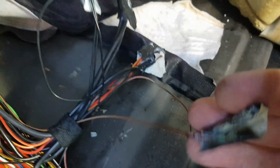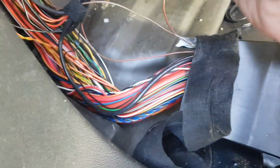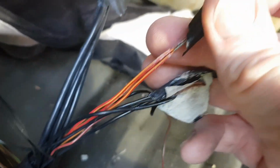Clearly shows that these have not been sealed correctly and that there's moisture getting in. And it's not just that one. It appears to be a similar story on some of these other ones that you can see. So right, I'm going to have to clean these up now and resolder the ones that look like they're bad